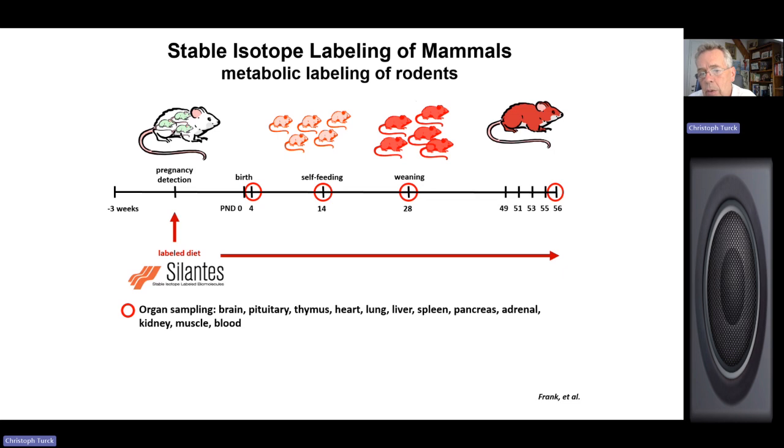And then upon weaning, about here postnatal day 14, the offspring starts feeding on this diet, and we fed them for about 2 months, and at postnatal day 56, we harvested all the organs and the blood, and you can actually take advantage of everything that this mouse has because everything is now 15N labeled. And just on a side note, all these organs, 15N labeled, are available at Silantes at the current time. Not only the feed, but also labeled mouse tissue.